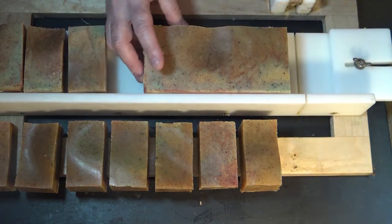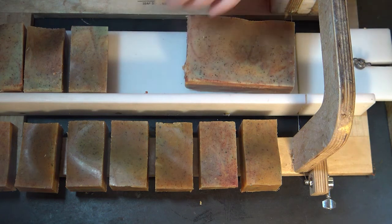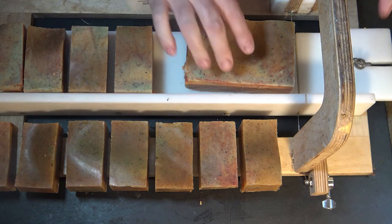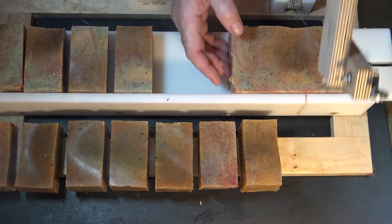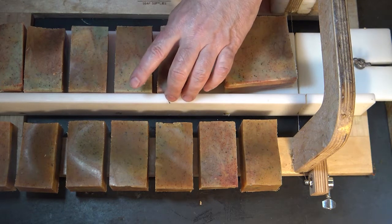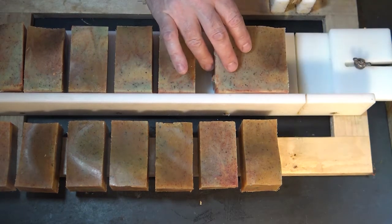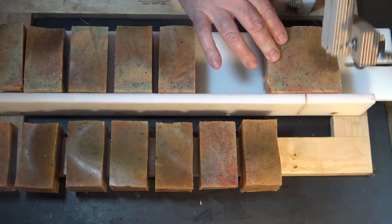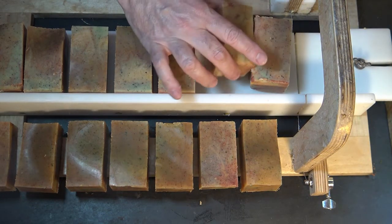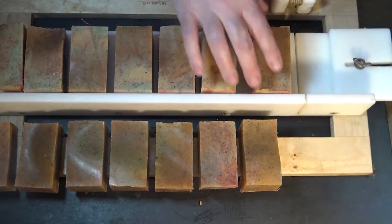So let this be a lesson or just a thought for you that even when things don't go perfectly, you can still move forward. Have good cheer. It's not the end of the world. It's one batch of soap that will still clean the skin marvelously, that will still do a tremendous job with keeping your skin moist without...